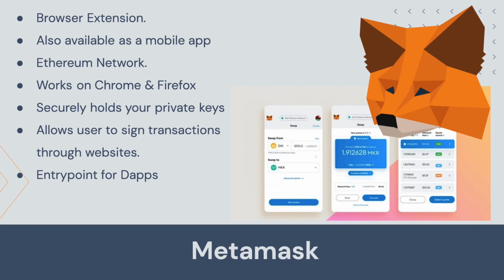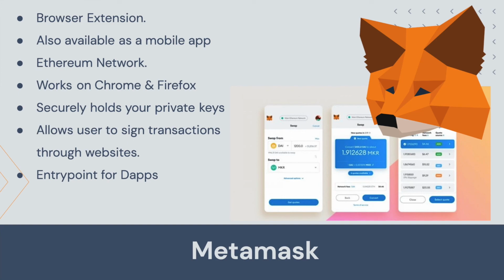This software, this extension or app, stores your crypto private keys, and then you can use that extension to see websites. Those websites can ask the extension for you to sign transactions, and allows you to use your wallet and your funds through websites.